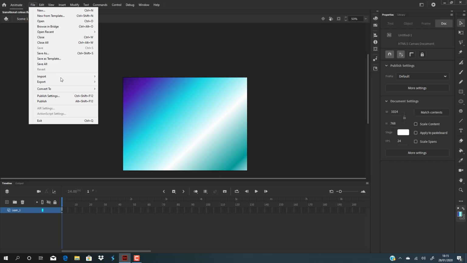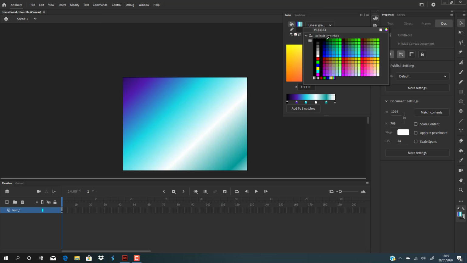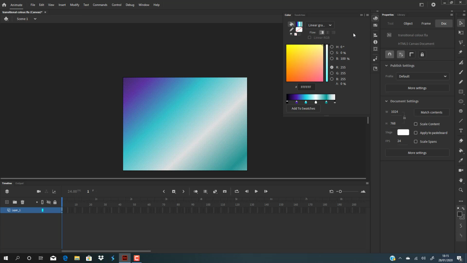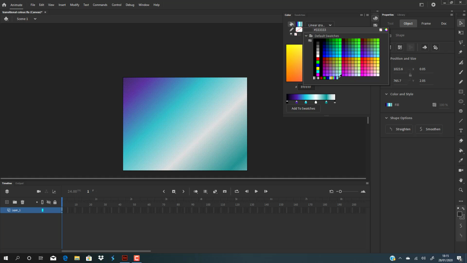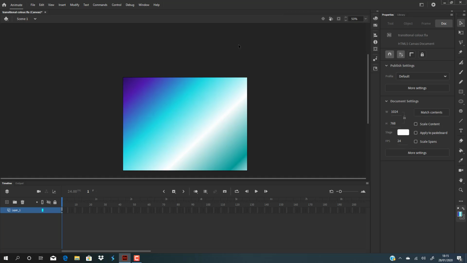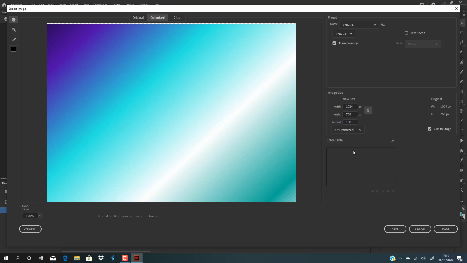Now I'm going to export it just to show you how effective just that is. You can make loads and loads of just changing the swatch arrangement, because up in the color tab, all of these are called swatches, and if you make your own swatch, which we just did, you can go up to here and put add swatch, and then sure enough, there it is on the palette. So File, Export, Export Image. Export it, and we want to keep all the same settings, and hit save,